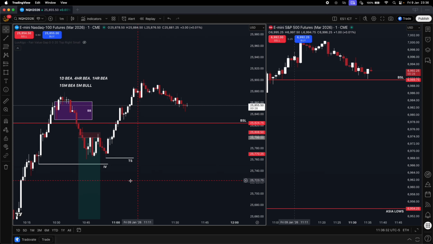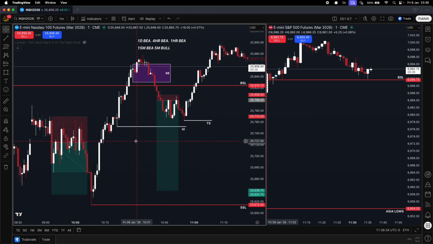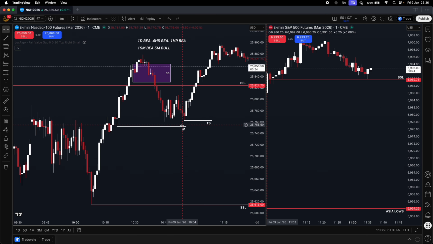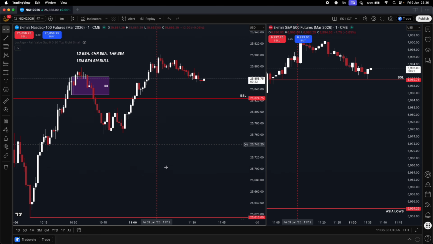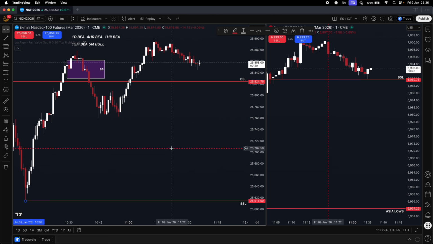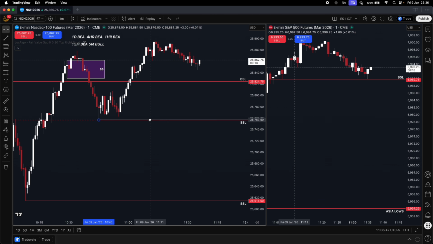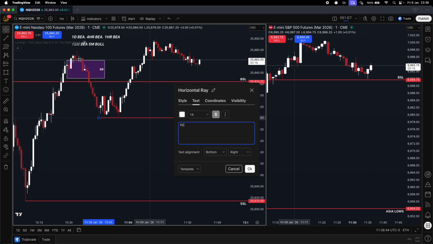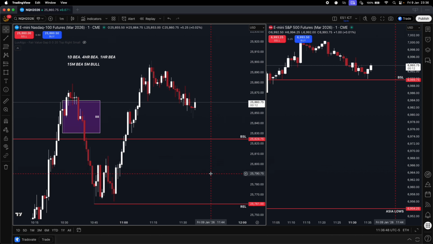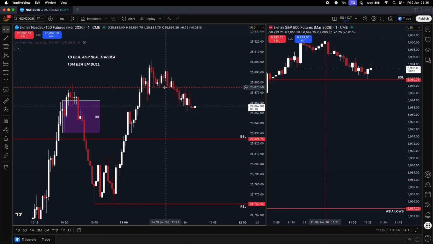So let's delete our previous work. Sell side, just copy that, and you can change that to relative equal lows. Okay, so price